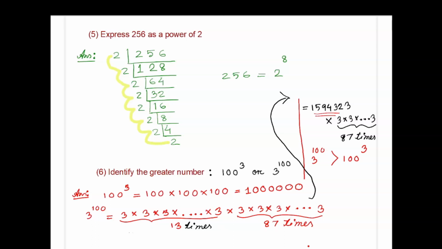Because the calculation is too vast, first we are multiplying 13 by 3. After that we are getting 15 lakhs 94,323, which is greater than 10 lakhs. But we have to multiply again 87 times 3. That means after multiplying with this another 87 3s, we are definitely getting a very large number, which is greater than 10 lakhs. So from here only we can write 3 to the power 100 is greater than 100 to